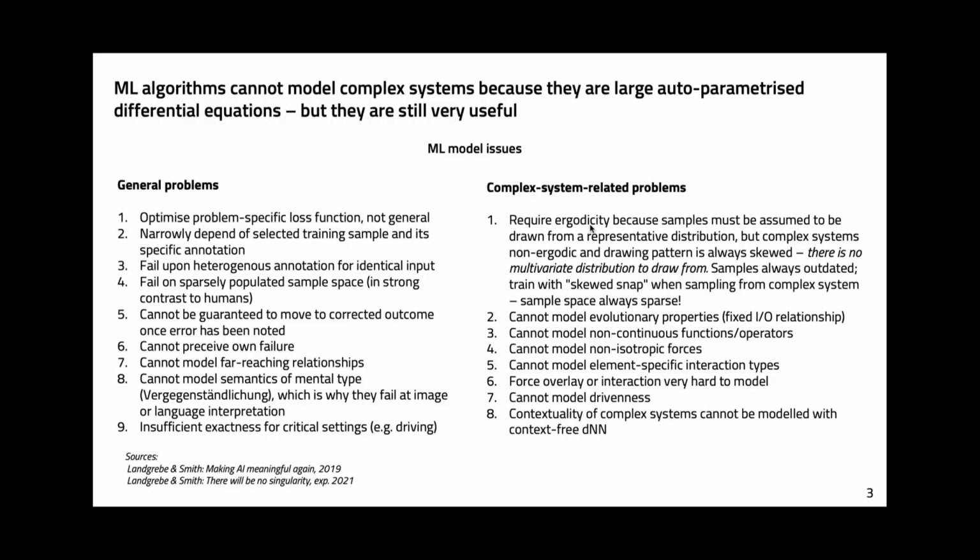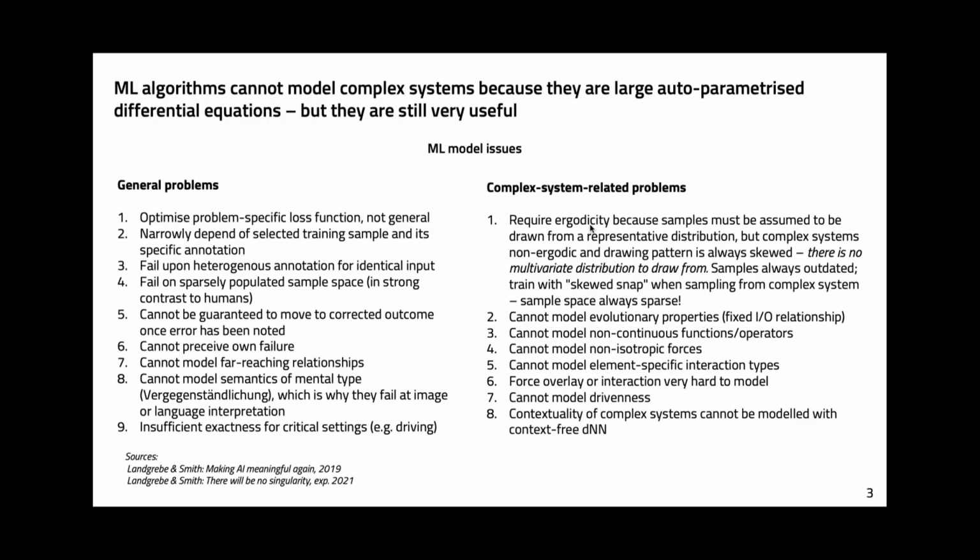They fail on sparsely populated sample space parts, which is very often a very big problem, and that explains why very often machine learning algorithms need so many samples, because if you look at the curse of dimensionality, which you can, for example, read in Trevor Hastie's wonderful book about statistical learning, you will see in chapter 1 or chapter 2 where he explains the curse of dimensionality, that very quickly you come from a topological perspective to very sparsely populated sample space areas.